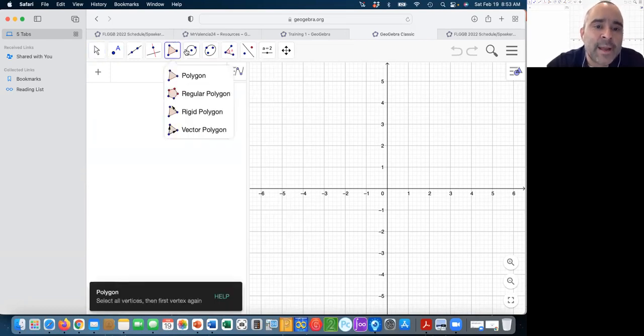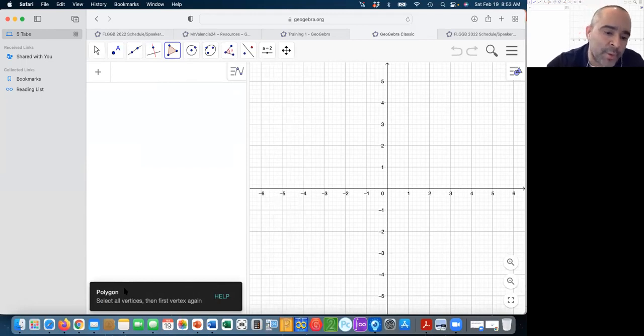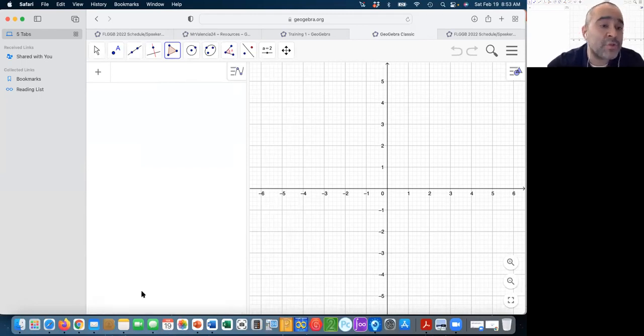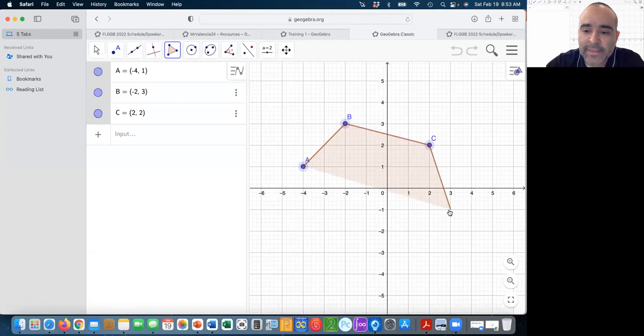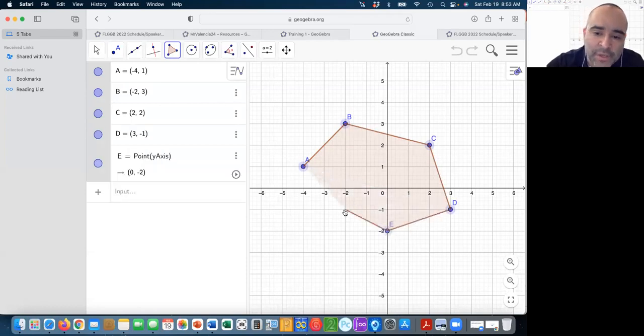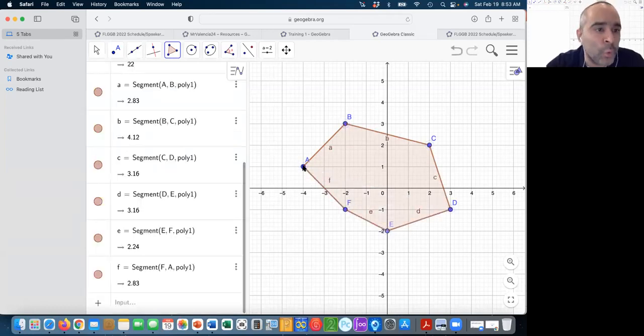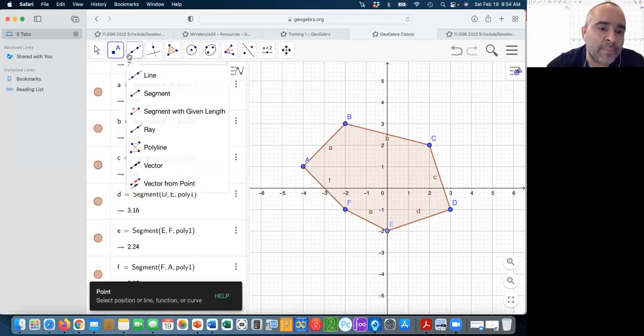Okay, so let me go in here. Let's say that I'm creating a polygon, right? You're teaching geometry. Notice GeoGebra gives you some instructions on how to use it. The GeoGebra features are very intuitive. It's pretty much going to do whatever you think it's going to do. So let's say that I have this polygon and I'm exploring something like,